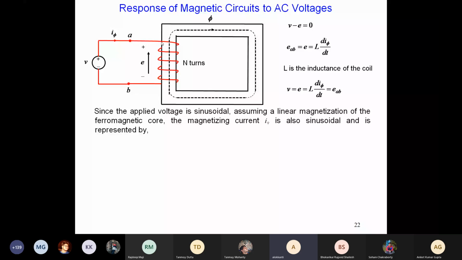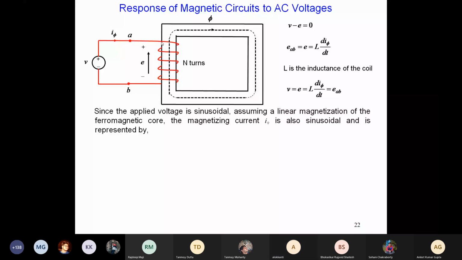assuming a linear magnetization of the ferromagnetic core. This assumption is very important. We have seen the ferromagnetic core has what type of characteristics? The BH curve. It had an S type of characteristic. It starts sharply, then from the knee region it bends, and then it saturates. So what we assume right now is that we are operating only in the linear zone of the